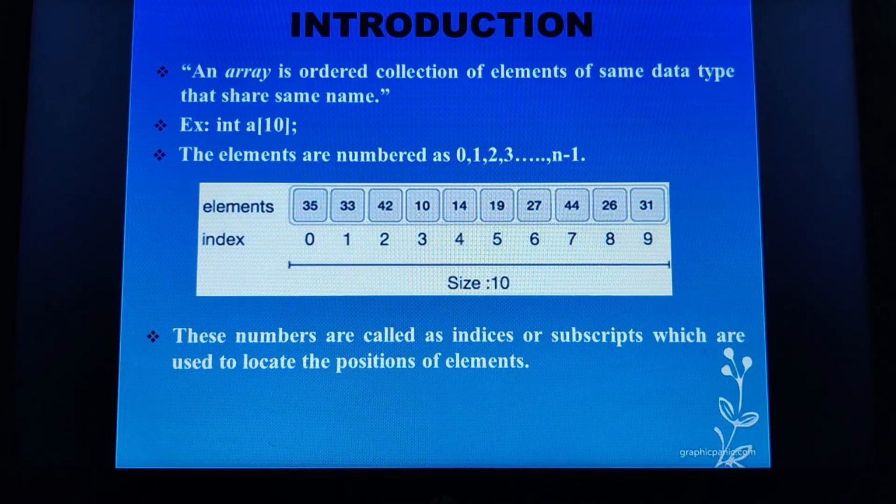Now these arrays can be accessed or referenced only with the help of positions. If we don't know the position, then we cannot access or fetch the elements from the array. What are these positions referred to? These positions can be referred to as an index, or you can refer to them as subscripts or indices also. I hope you are able to get the clarification.